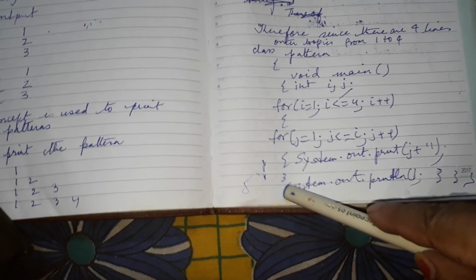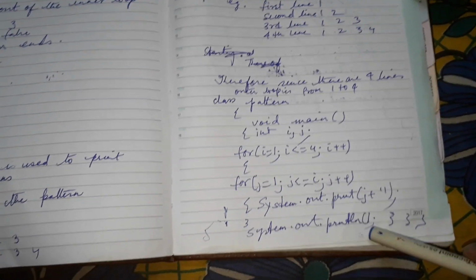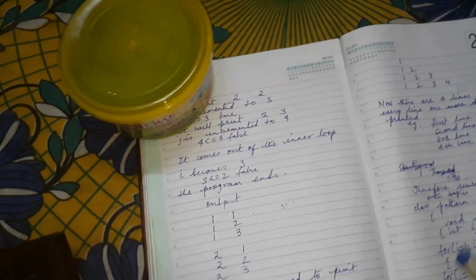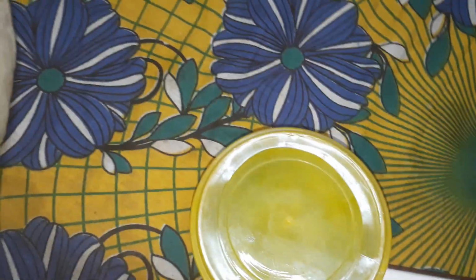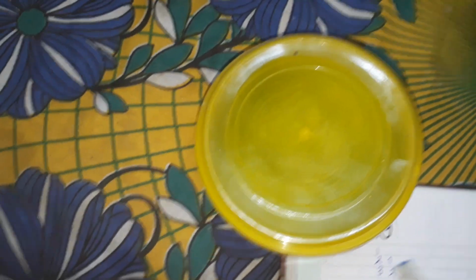And after printing each line, to bring the cursor down, you have to write this statement, System.out.println. Otherwise, everything will be printed on the same line. This is the main concept. So in the j inner loop, in this kind of pattern, i generally signifies a separate line. So over here you see this program.